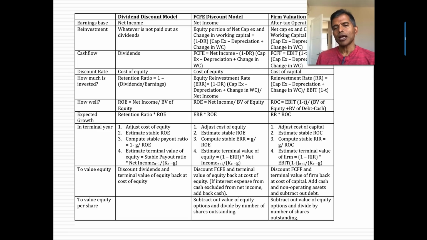In fact, I've summarized on this page how similar the different discounted cash flow models are by looking at the dividend discount model, a free cash flow to equity model, and a firm model. It looks incredibly confusing, but go across and you're going to see how much we do in common. All we're doing is changing the way we define cash flows, changing the way we think about estimating reinvestment and how good our projects are, but ultimately the end game is still the same. So that's pretty much everything I wanted to say in this